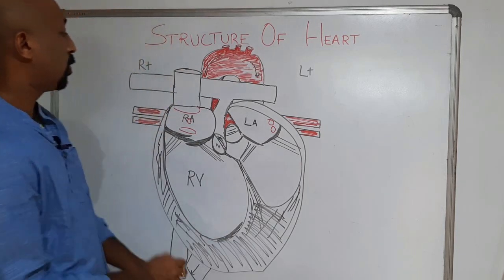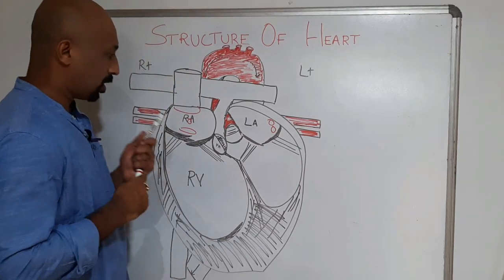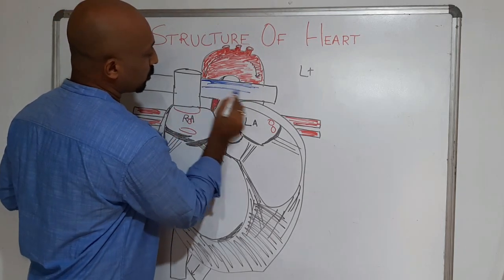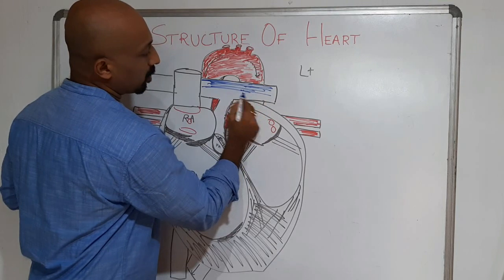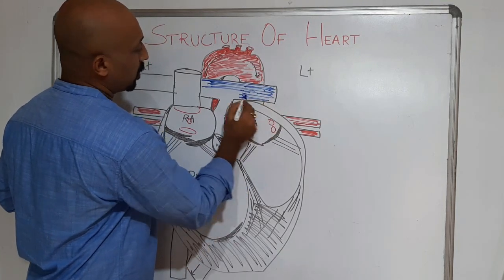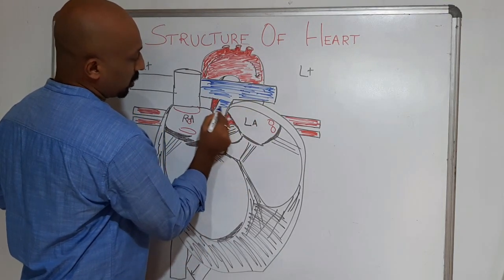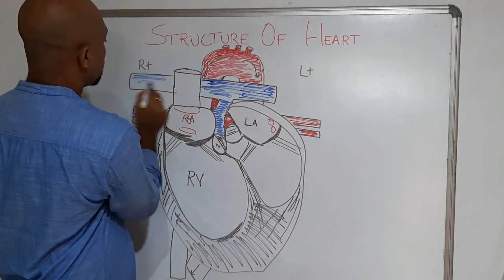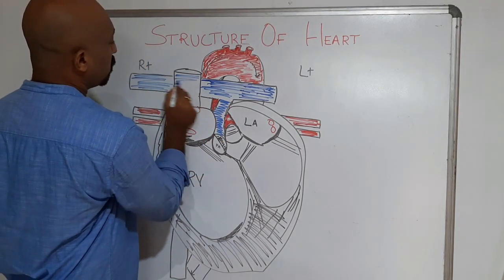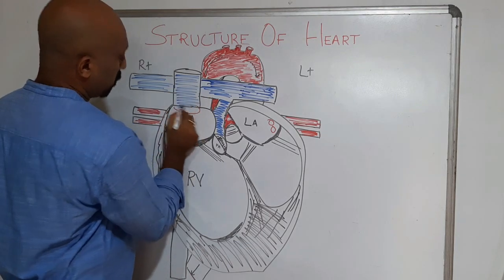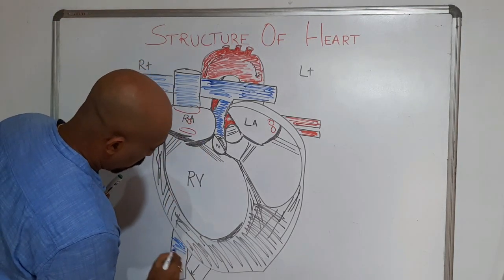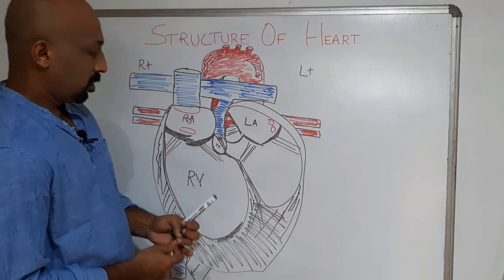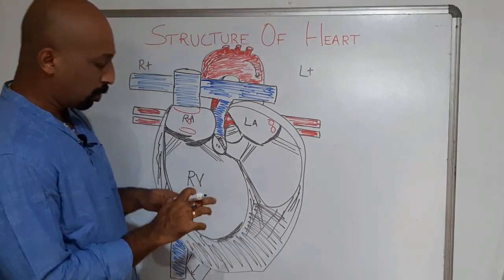Got it? For labeling, for other structures I'll use blue color. I'll tell you why I use blue and red color. The reasons I'll tell you. This is blue. This is all blue. It's all blue. This thing is also blue. Okay. So I'm not making it too complicated.